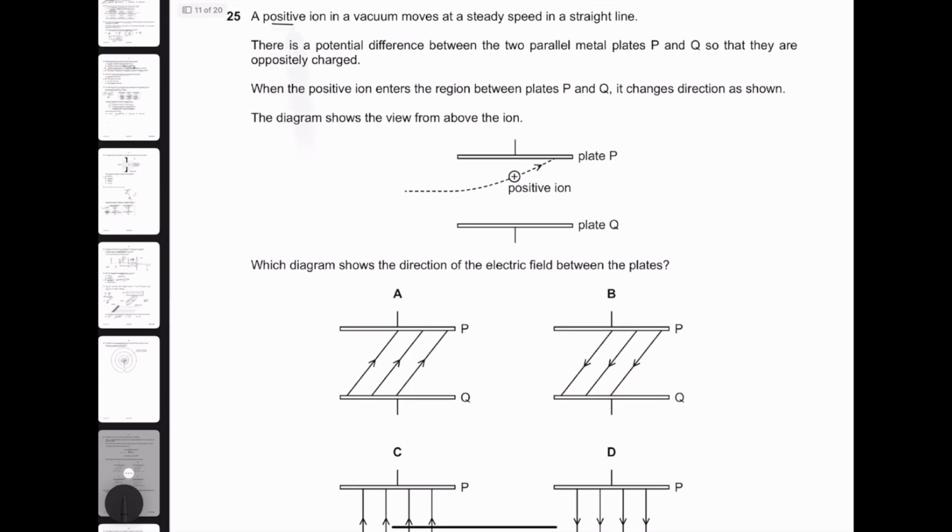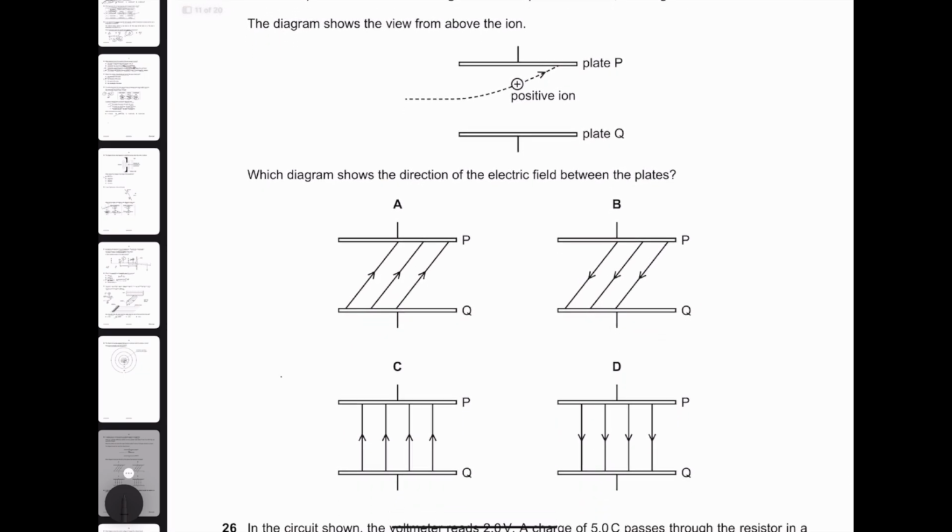A positive ion in a vacuum moves at a steady speed. There is a potential difference between two parallel metal plates. Which diagram shows the direction of the electric field? Now, it's very simple. The electric field has the same direction as electric current. So if current flows from positive to negative, the electric field also goes from positive to negative. And since the positive ion is deviating away from plate Q, it means plate Q must be positive and plate P must be negative. So it must be going like this, Q to P directly, perpendicularly, straight. So your correct answer will be